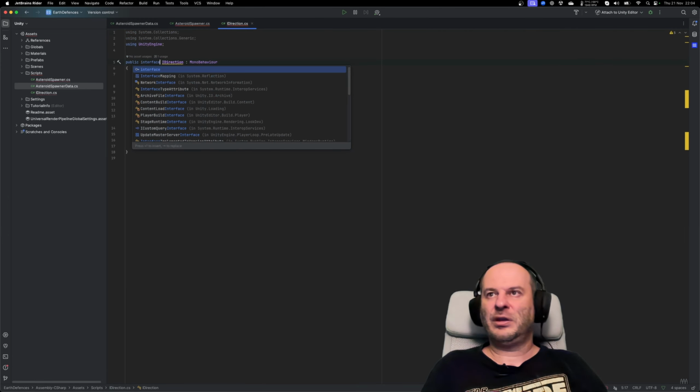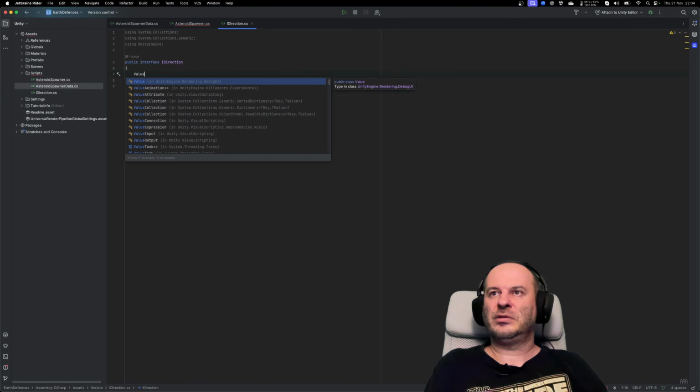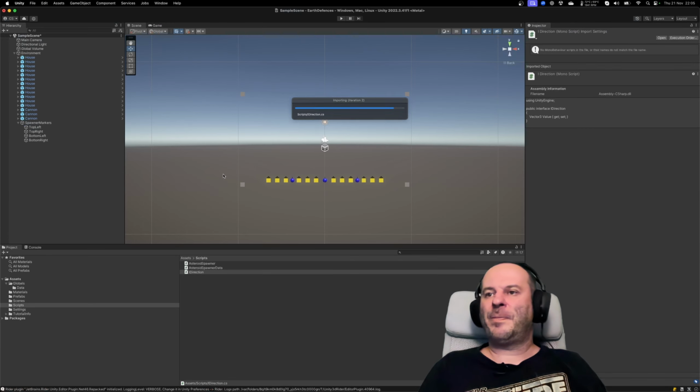Interface, clean up all the extra stuff, and make a property called value. It's a Vector3 value. We'll have a get and a set. Right. Now we need